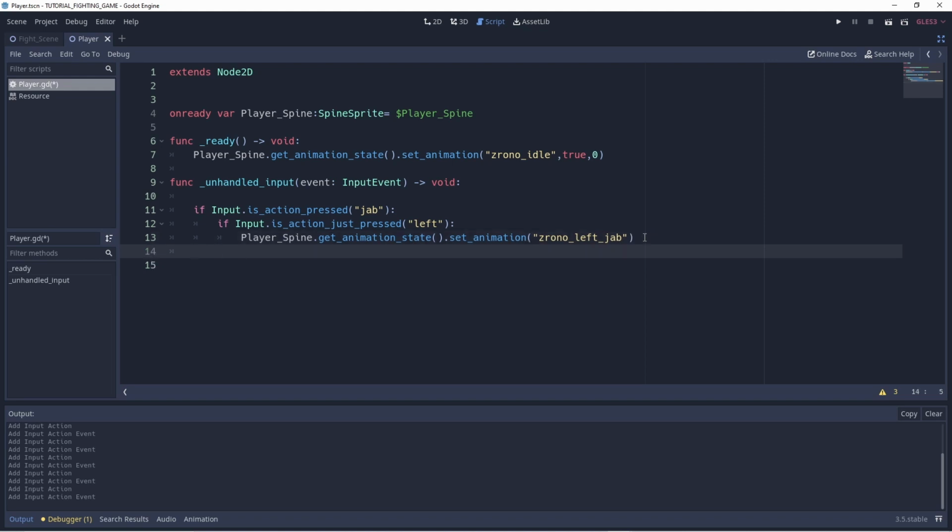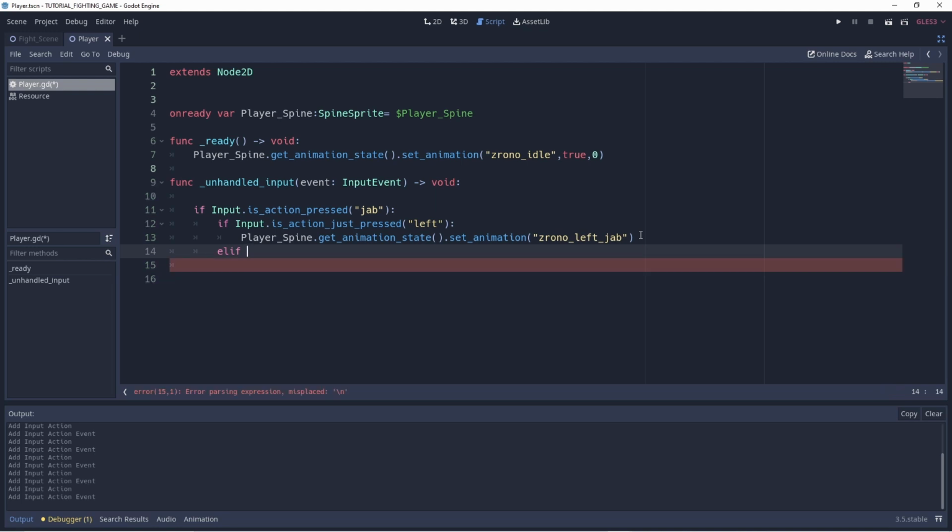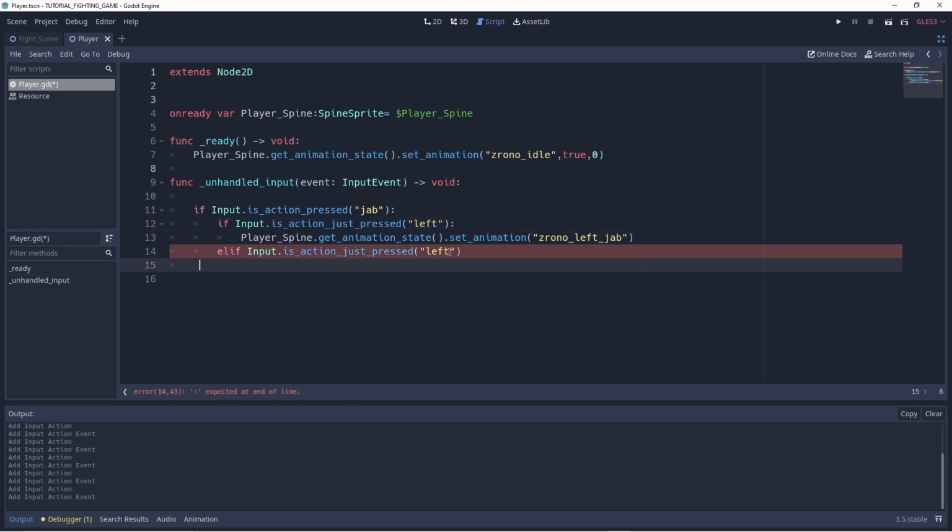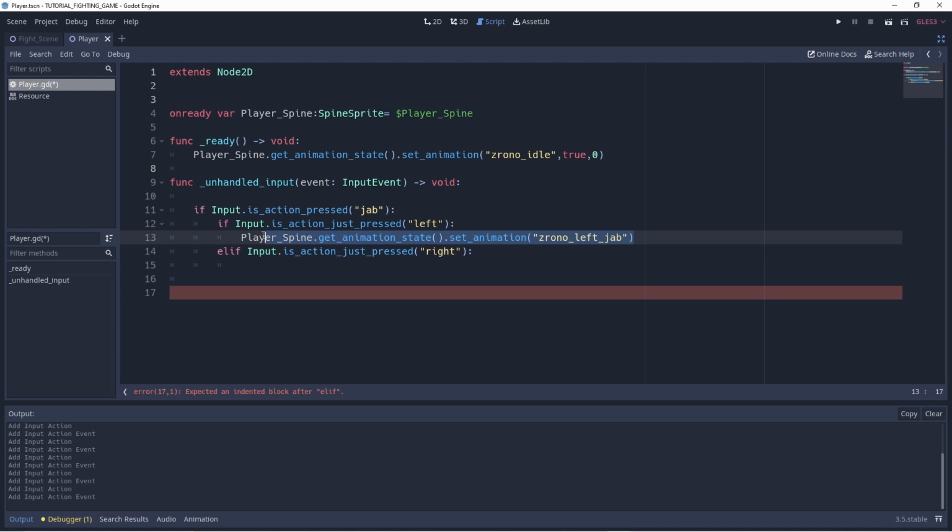And we have another option: when we hit the jab, when we hit left, we can also hit right, but we have only one option. We don't want to do both at the same time. So this is what I am doing like elif, because we are doing either this or this. So we do the same here. If input is action just press right, then we copy the same here,